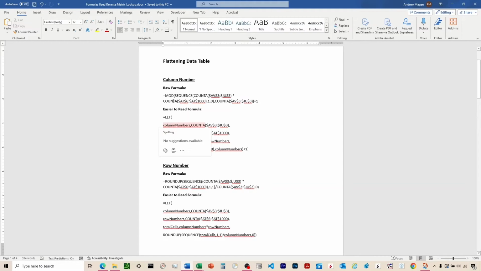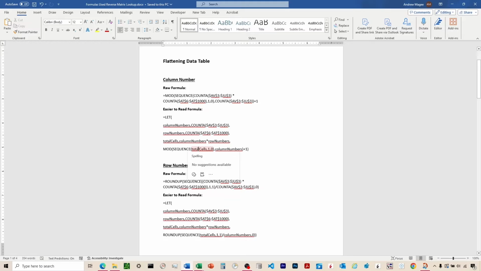Now, if you use F9 to see what these numbers are, this doesn't work as well in the LET function. Each of these methods has its benefits and drawbacks, but I like the LET function because we're going to be able to see exactly what's going on in these more complex formulas. So I'm going to be using the LET function here, and we'll start. You see we've got for the column here that mod sequence. For the first